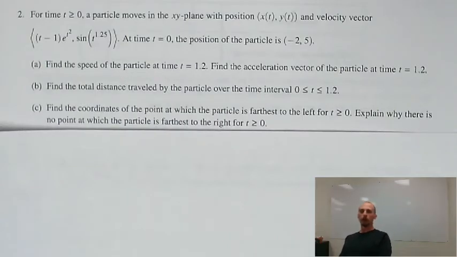All right, in this video, I'm going to be working 2021 BC number 2. This will be the second problem on the free response for the operational version of the AP Calculus BC exam. So they say for time t greater than or equal to 0, a particle moves in the xy plane with position x of t and y of t